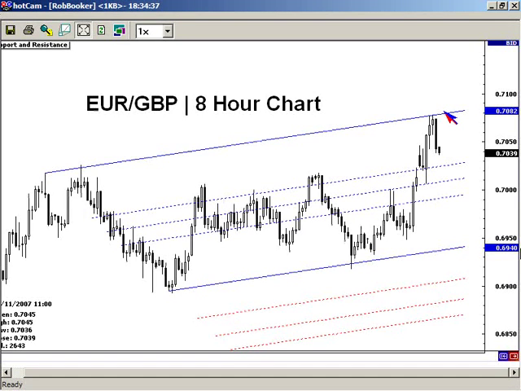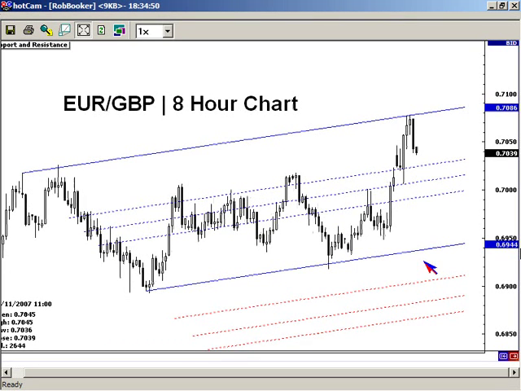It could need a rest. Yep. And so we don't want to sort of buy it at the point of exhaustion. We'd rather buy it all the way down at the bottom of the channel. Now, when you're looking at an 8-hour chart or a 4-hour chart or a daily chart, it takes a long time for a currency pair to get all the way down to the bottom of the chart. Dave, this isn't going to happen overnight. Not overnight, nope. It's not even going to happen today. There's no chance it's going to happen today. Nope. It might not be until next week, but eventually it is going to fall to the bottom of this